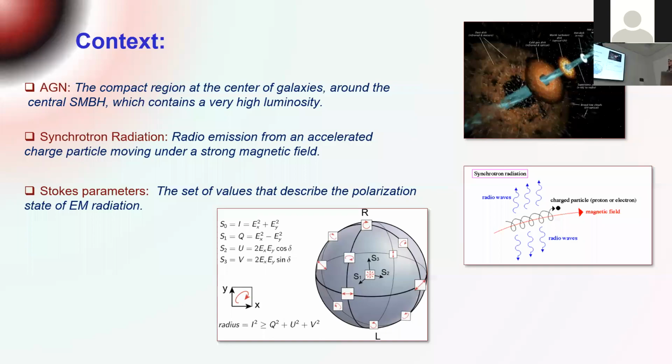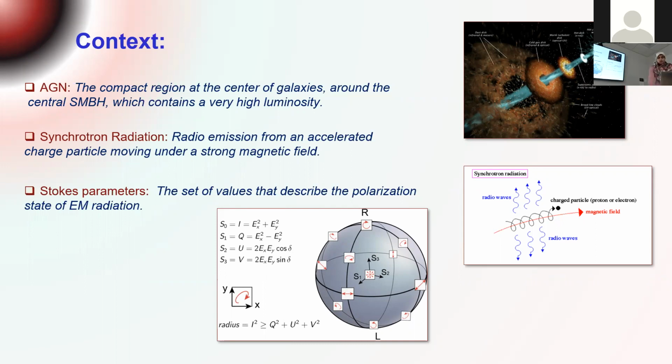which is the compact region of the galaxies surrounded by the supermassive black hole, where most of the emission is coming from. The second concept is synchrotron radiation, which is the radio emission from an accelerated charged particle that is moving under a strong magnetic field. Stokes parameters are a set of parameters that you could use to describe the polarization of the electromagnetic